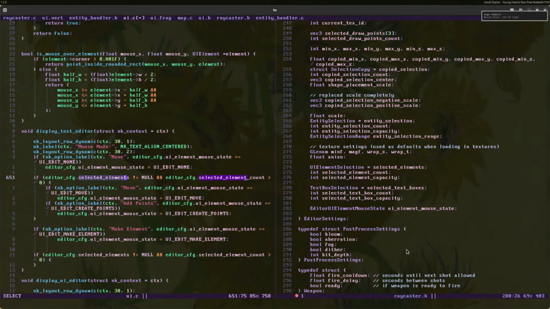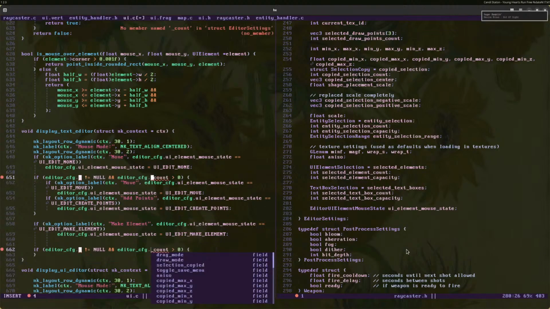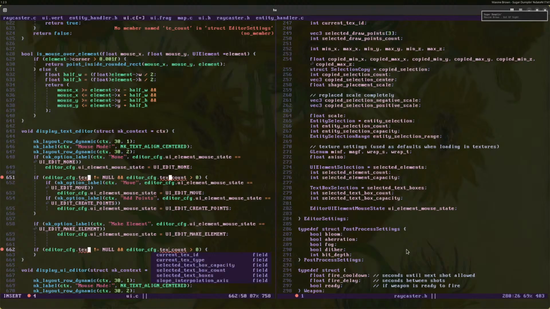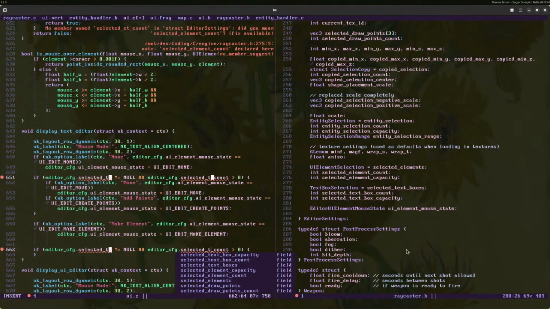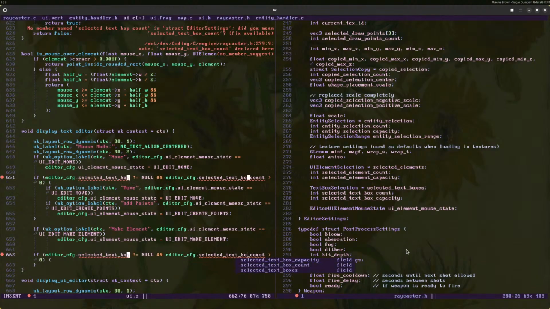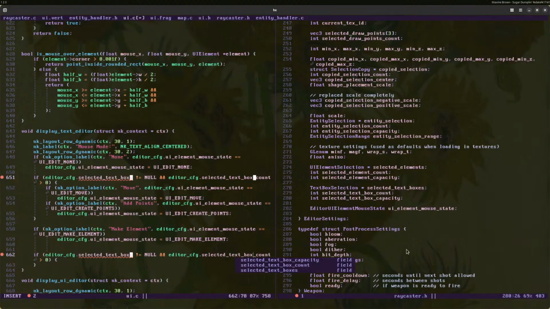Just gonna go for this and then text box. Oh, selected text boxes. Okay, it wasn't that efficient, but